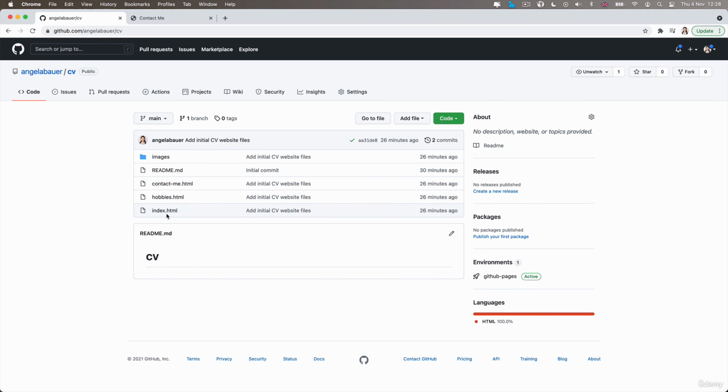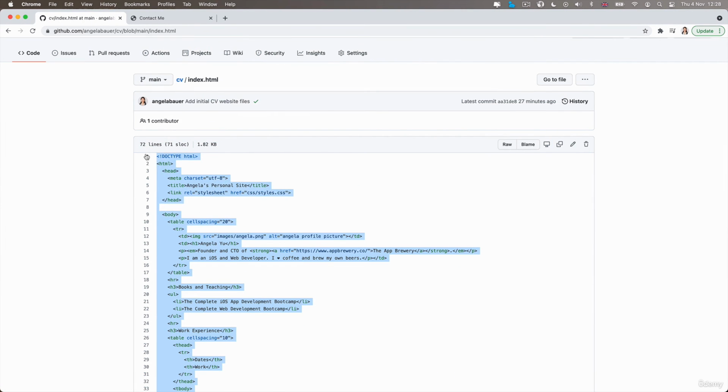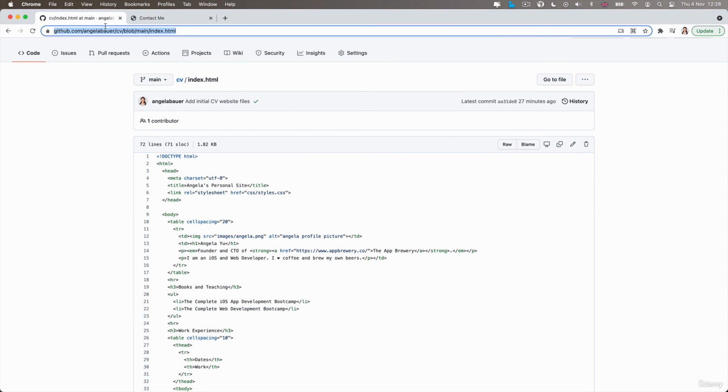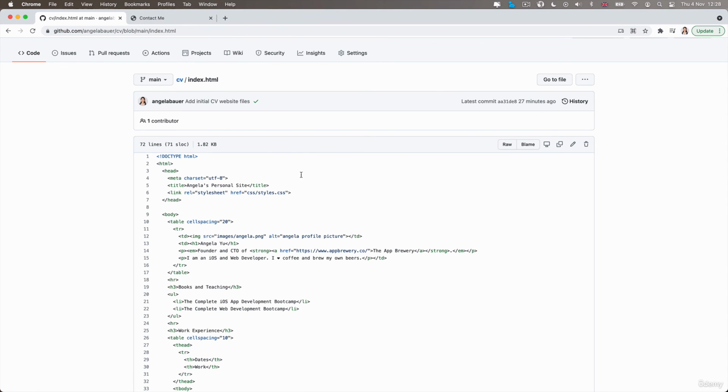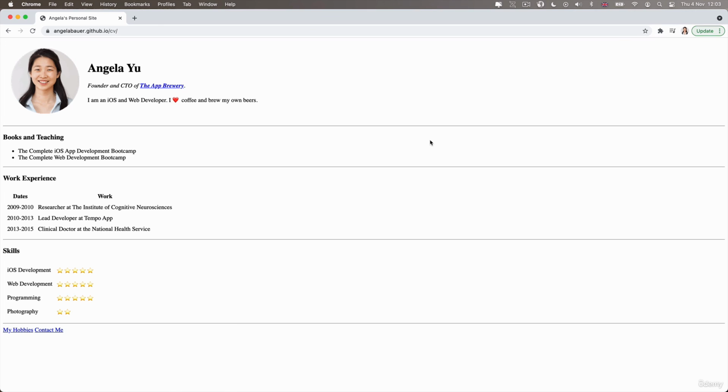Now, the best way to assure that your code actually works is to make sure that you've got the same code as me, and you can check this if you go to this link. And if you have the same code in your index.html and you have the same structure here with all the same names, then it should definitely work. Now, if you have any of these problems troubleshooting, again, take a look in the Q&A section for this current lesson, and in there you should see a featured question where I've added some of my troubleshooting tips for uploading your website to GitHub. So now it's time for you to go through this process and upload your CV and your website onto the World Wide Web,